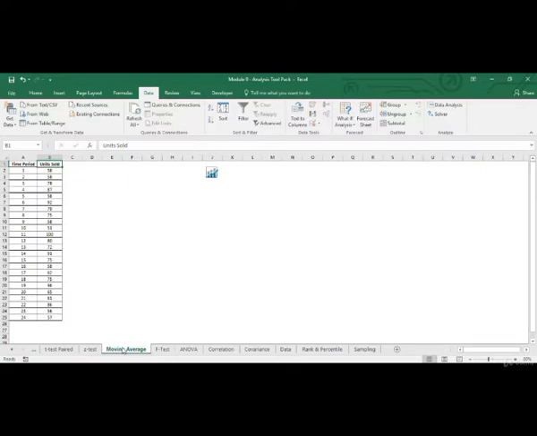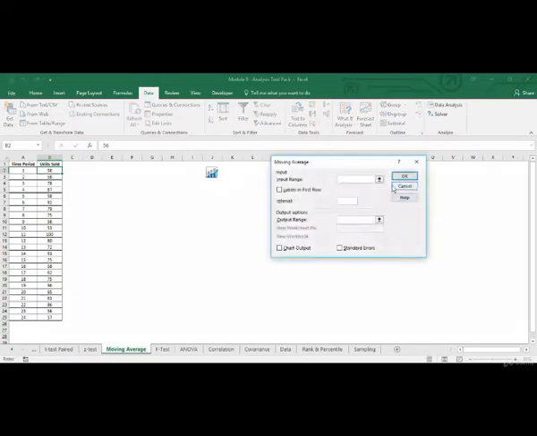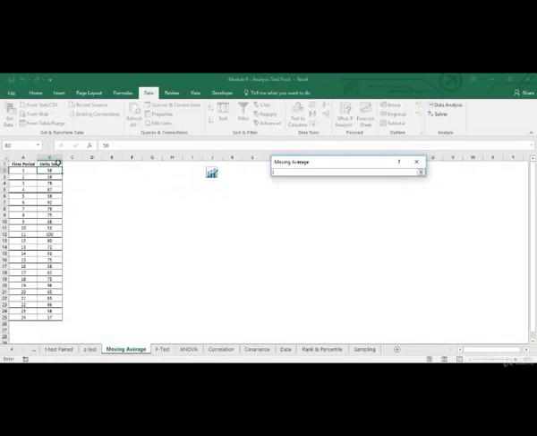highlight longer term trends. Now I've got this monthly data over here for 24 months for a company which sells a product, and over here in column B we've got the sales being done in each month. Now let's see how moving average works. Click on OK. Our input range is this. Because we want to smoothen out this particular series of units sold, or we want to see the trend of this.